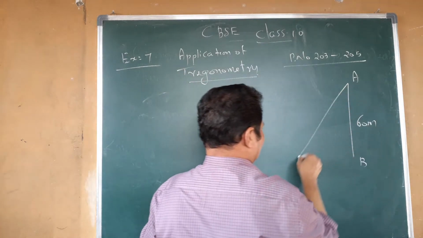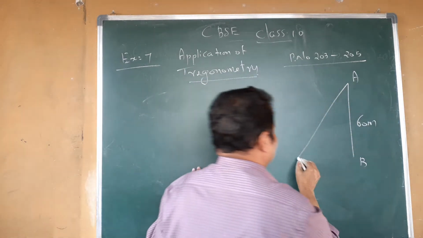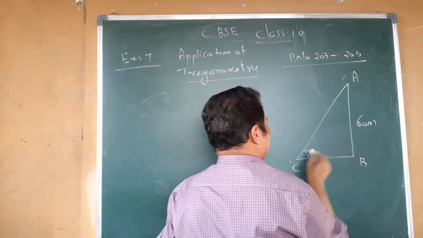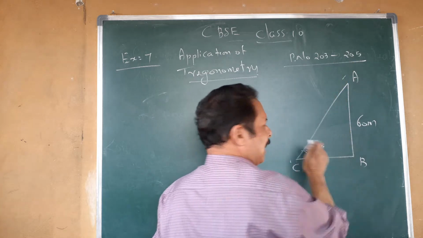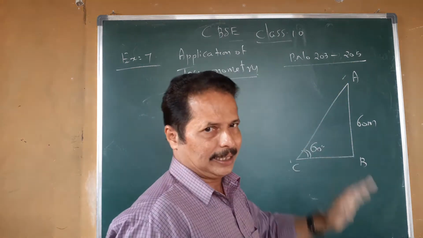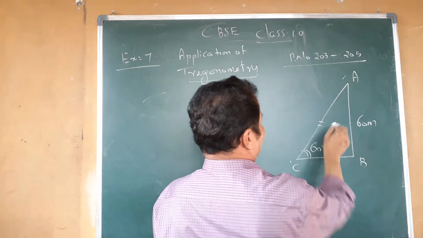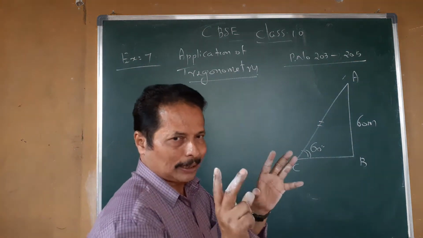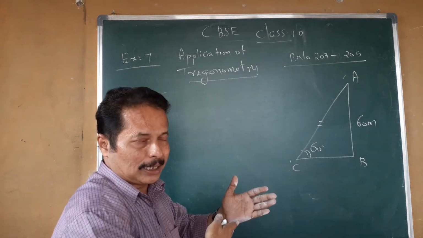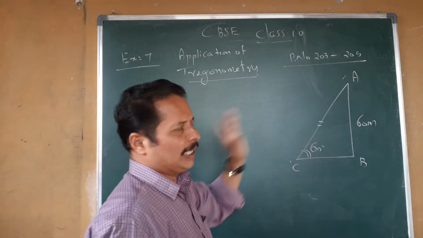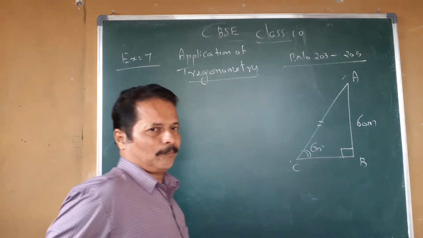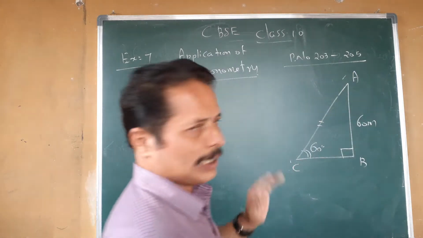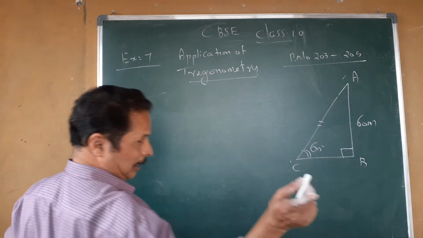And the string, the kite means already it is in the shape of this. The string is tied to a point. This is the point, and that point makes an inclination angle of 60. The inclination angle is the angle of elevation. Remember that. This is 60. We want the length of the string. The string is always the hypotenuse of the right triangle. You remember that. We want to find this. Now this is the figure. The height means the perpendicular distance is 60 meters. Are you ready? The length of the string, better you write it.